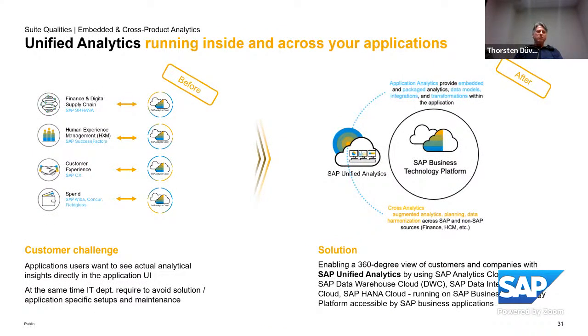Another one, that's only what we talked about before. We have to have solutions for grabbing the data and doing analytics. That could then be based on SAP, on BTP solutions, on the Data Warehouse Cloud, on what we saw on the Analytics Cloud, but could also be in a different UI layer or different database. But find a solution for your SAP and perhaps non-SAP solutions to really have a single point of data